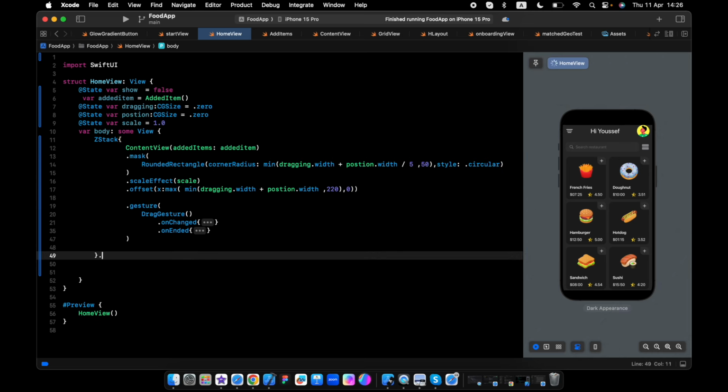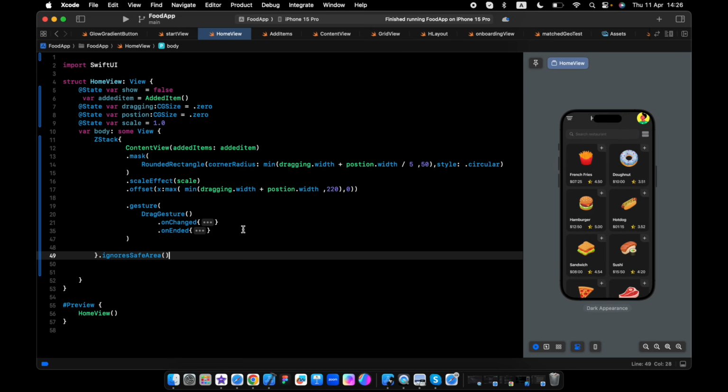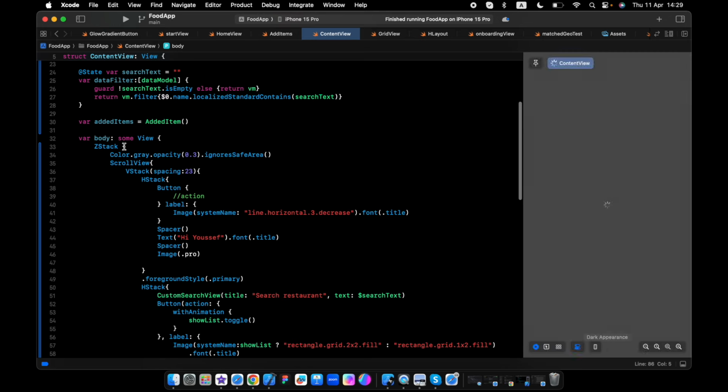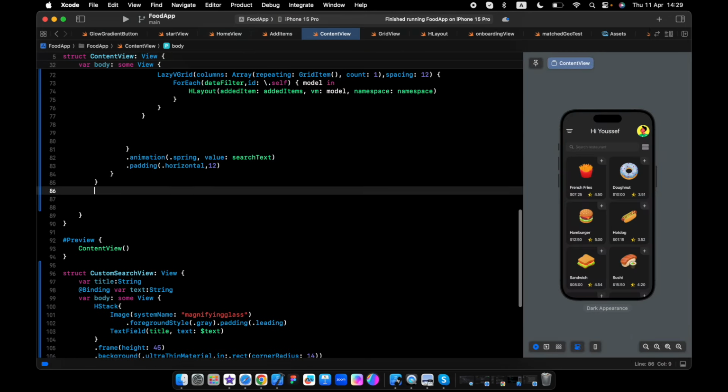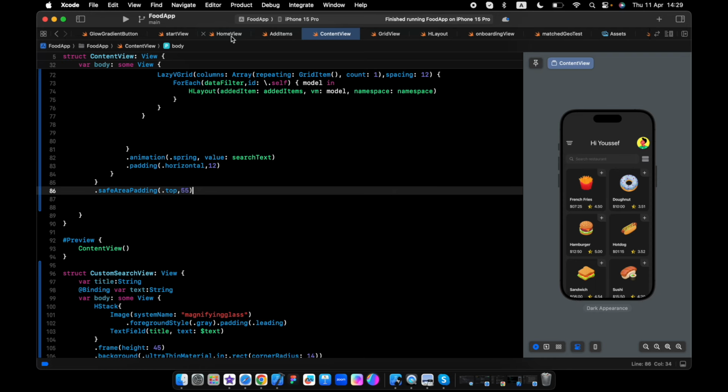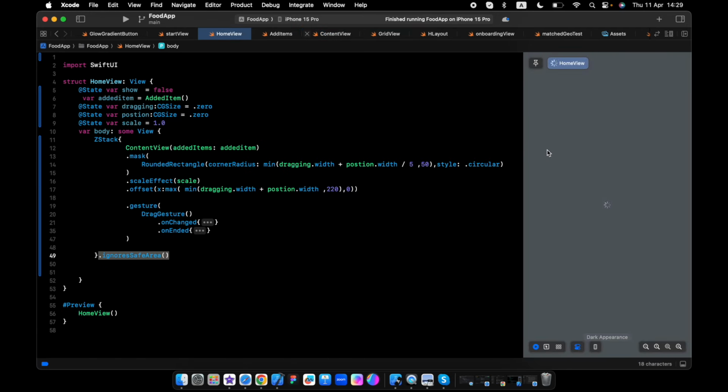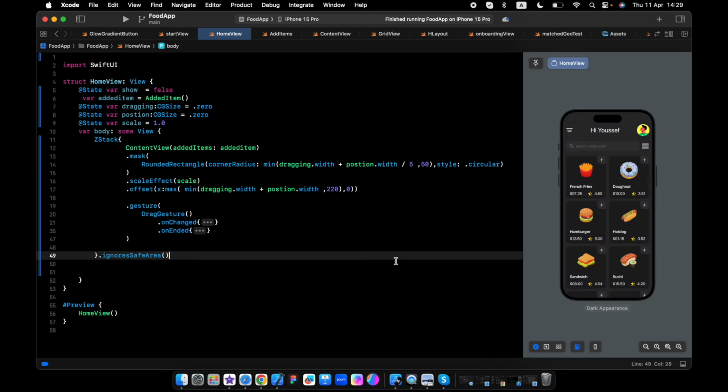We need to ignore the safe area because the safe area is pushing the view to the top, so I will add a padding to move it a little bit to the bottom. On the ZStack, I will add the safe area padding. So now if I'm moving to the right,